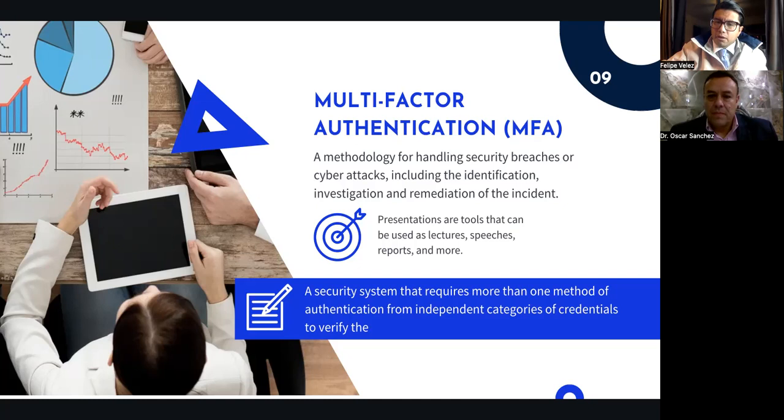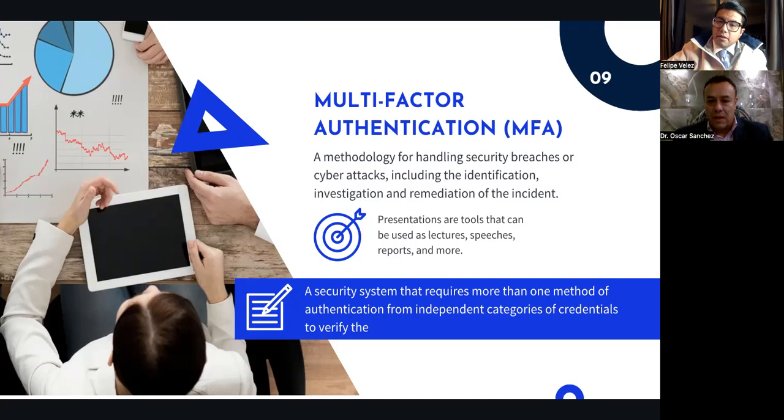Again, a methodology for handling security breaches or cyber attack. Breaches. Again. A methodology for handling security breaches or cyber attacks, including